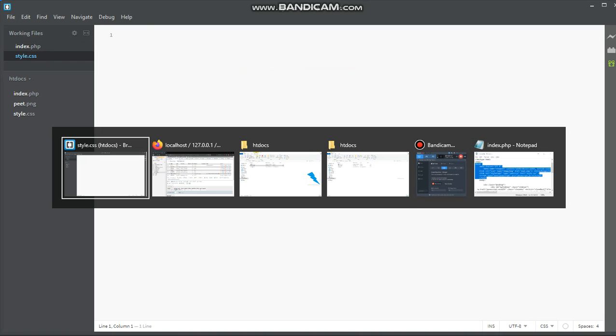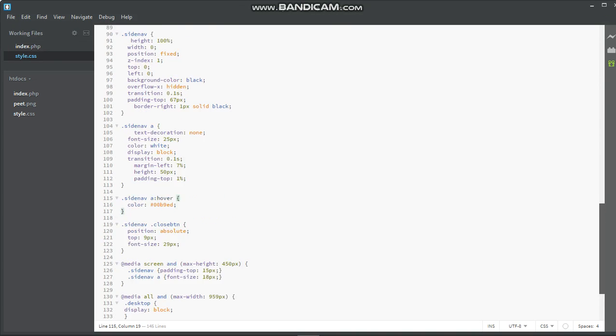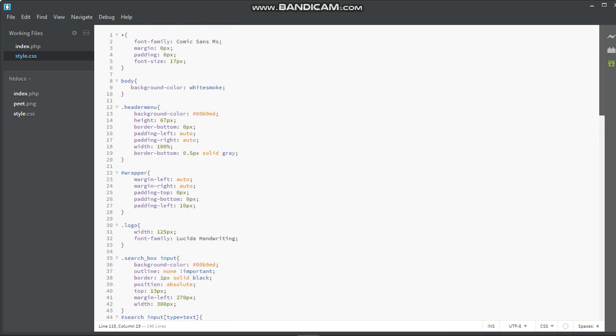I just pasted the code at once, and I'm going to go over it. Now it's saying that all the font, asterisk means all, take note of that. Font family means font type, like when you're using Microsoft Word and they ask you font type: Times New Roman, Arial, all those things. Those are font types. But me, I like using Comic Sans.